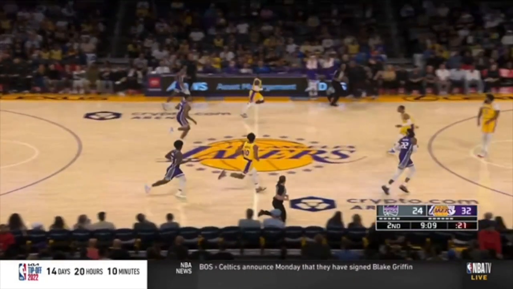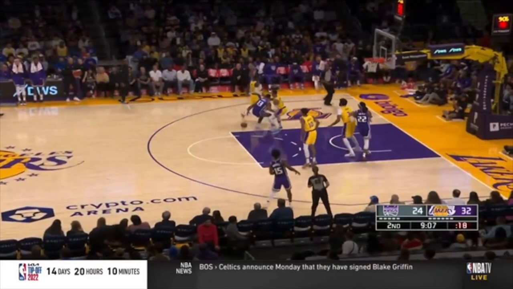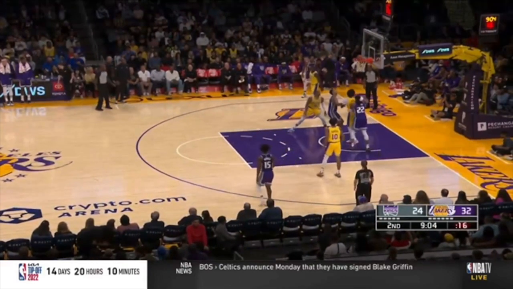If you're Russell Westbrook here, you can't backpedal. Right now, you need to get right to the three-point line, get your feet set in a defensive stance. Instead, Russell Westbrook's going to backpedal. What's the problem with backpedaling? Look, you don't even resist this player's drive until he's in the lane already. So by then, it's too late, and it's an easy layup.